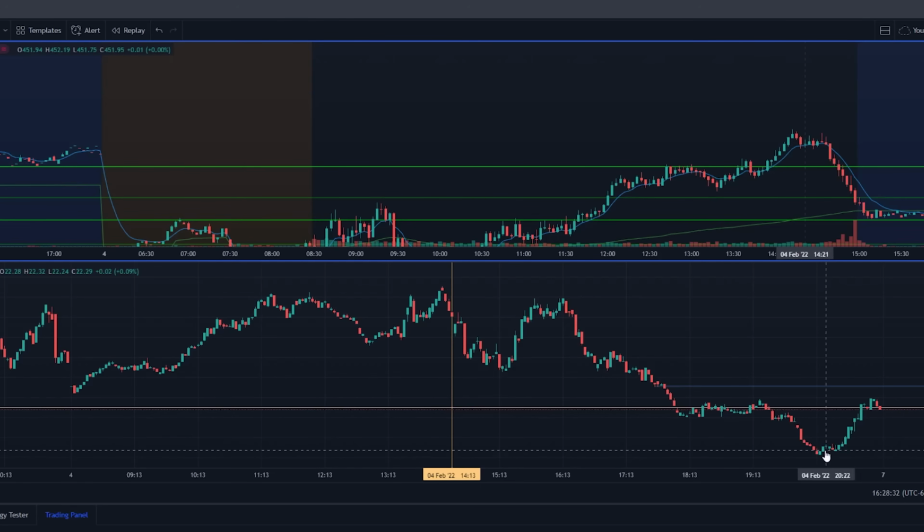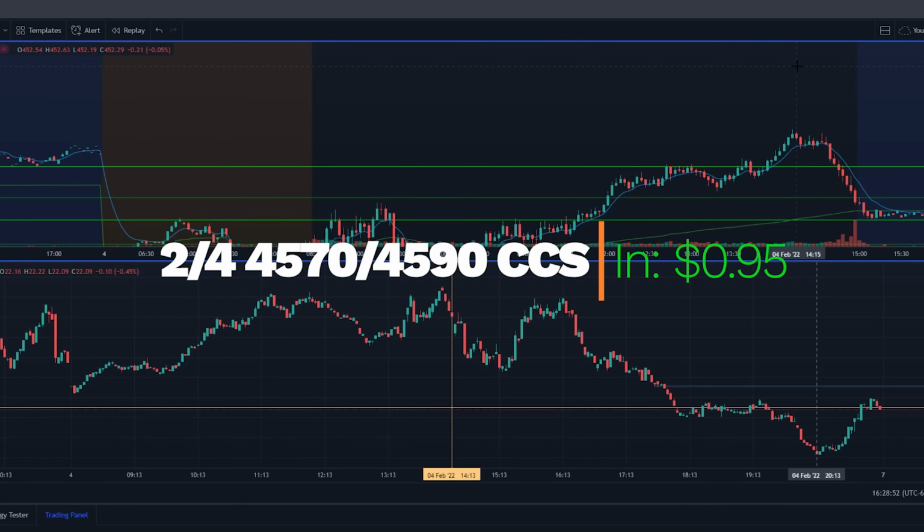So I saw the VIX had bottomed out. I exited my prior call, the 45-20 calls, and I watched the price action start to top wick. I started to see the NASDAQ start to trickle off, which is not on the screen. And then I started to see the VIX start to base. When I saw the big final red top wick start to form, I elected to enter a 45.70, 45.90 call